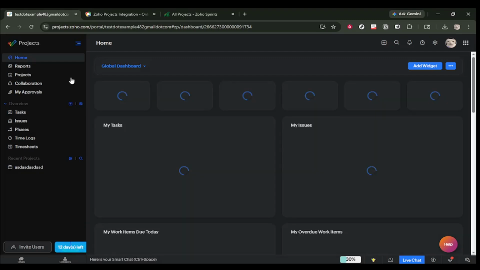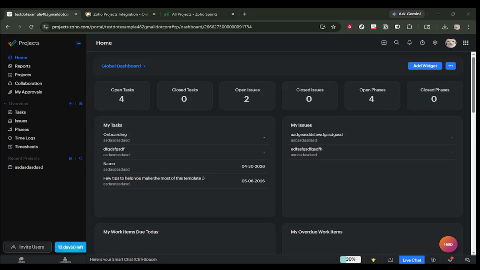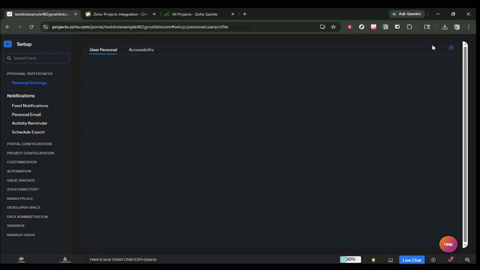In today's video, I am going to teach you how to integrate Zoho Projects and Monday. To begin, open Zoho Projects in your web browser and make sure you are on the home or dashboard area for your portal. This is the main landing page where you can access settings, apps, and integrations. Starting from the dashboard is helpful because it ensures you are working from the correct account and workspace before you